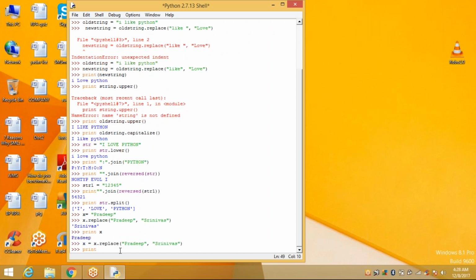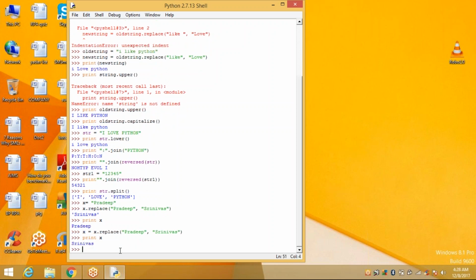So I'm giving print X. It displays Srinivas. Observe the difference. If you do it like this, it will display Srinivas. In the earlier case, when I print X, it doesn't consider the replace and displays the earlier value.